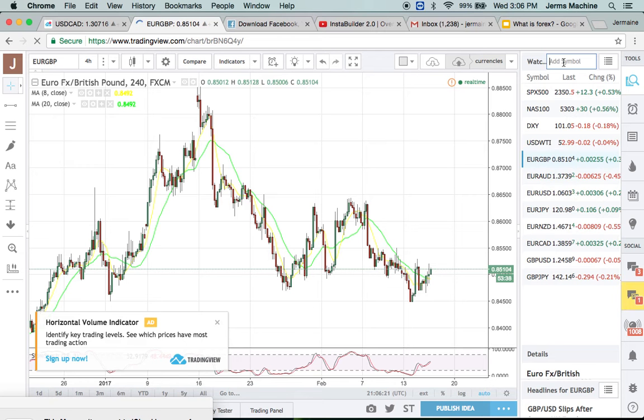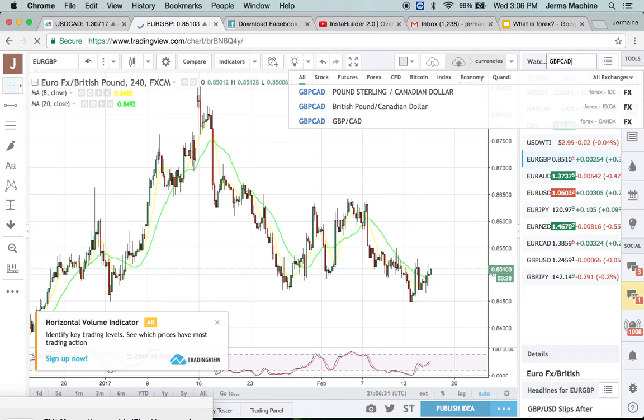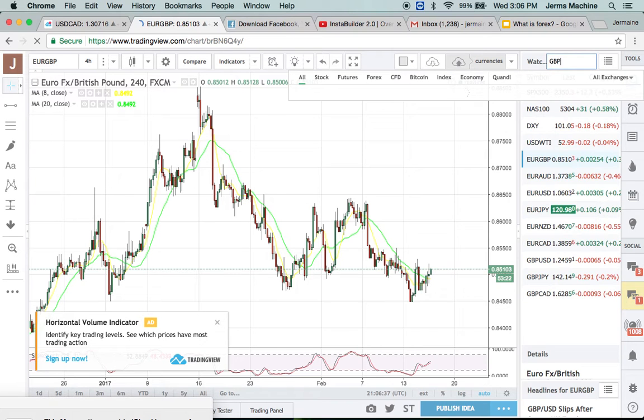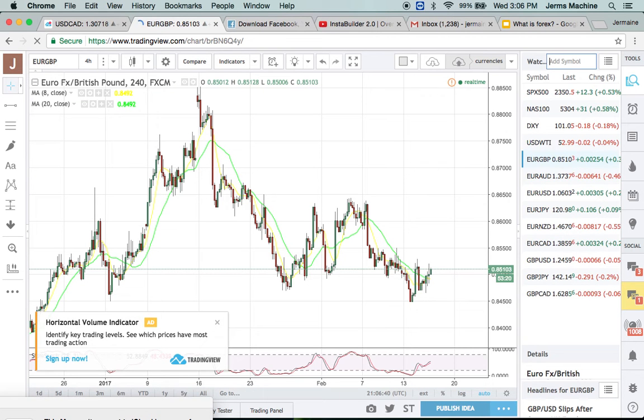So we have GBP JPY. We're going to type in right here and add symbol, and here we go. We're going to put in GBP CAD. When you type it in, just hit enter and it'll populate on the list. We're going to do GBP NZD, GBP AUD,